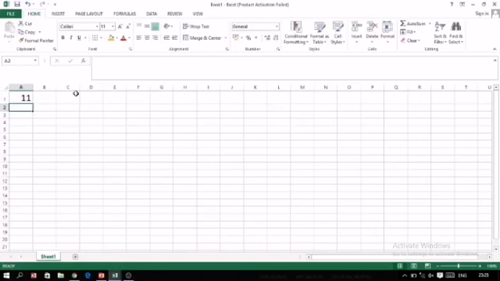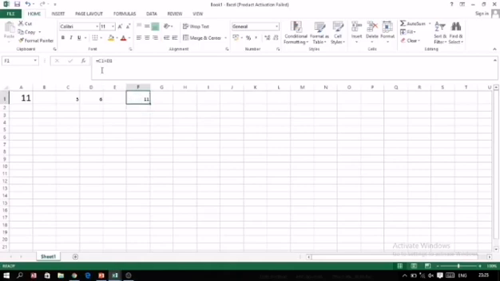If the numbers are entered in some cells, like 5 is entered here and 6 is entered here, and we want to add these two numbers, that also we can do with the equal sign. First click in this cell, that means C1, then the plus sign, and then just click in the next cell, and automatically the cell address will be written. Now the formula is something like this, equal sign C1 plus D1. You can see it in the formula bar. As we press the enter key, we get the same answer, that is 11. So in this way, this is known as a formula.